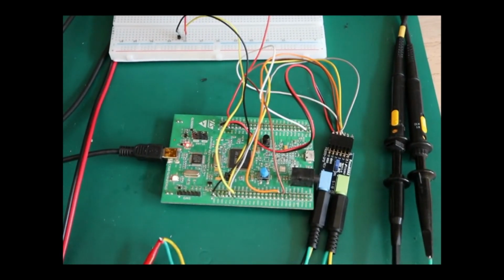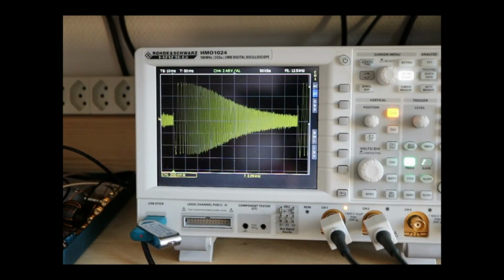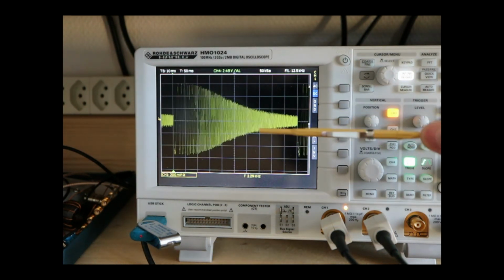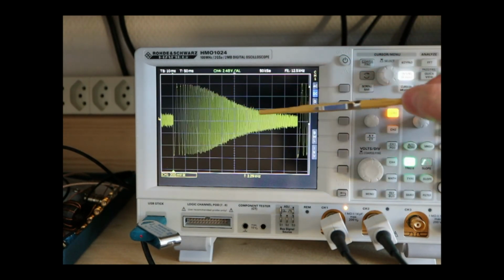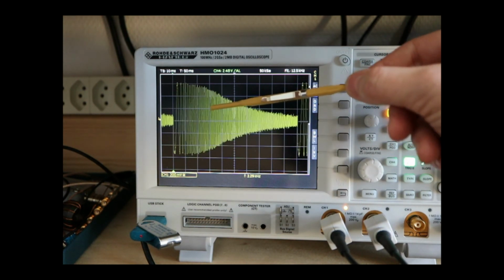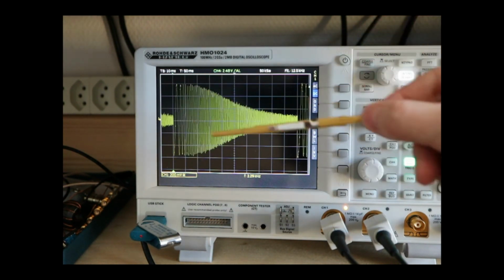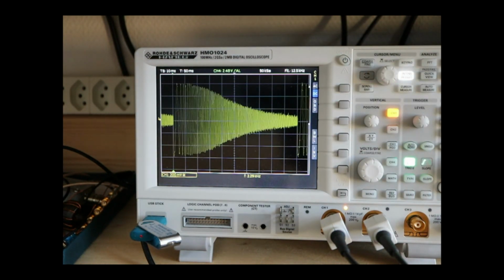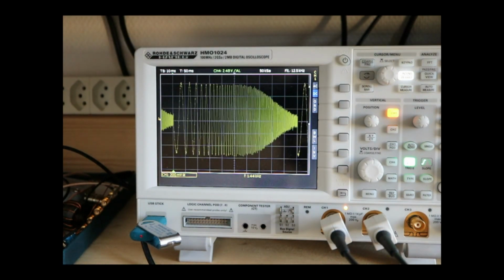So let's take a look at the scope then. This is the output of the low pass filter. We start our sweep at 100 Hz and go all the way up to 5 kHz. The SIGGIN has an external output, a trigger output, and this triggers off when the sweep starts, so we can nicely synchronize. And this is a linear sweep, and we can also go on a log sweep, and this looks more like